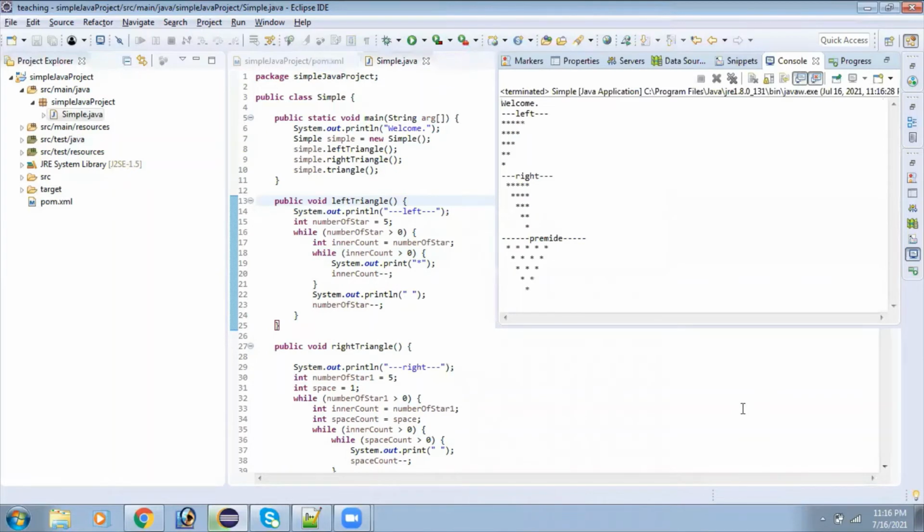You see, this is a simple program which I wrote just for our example.